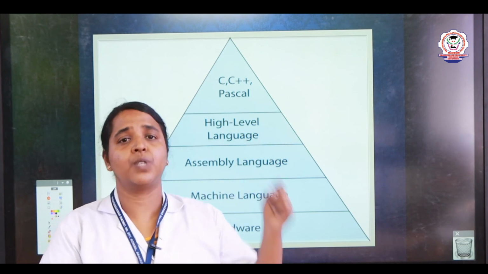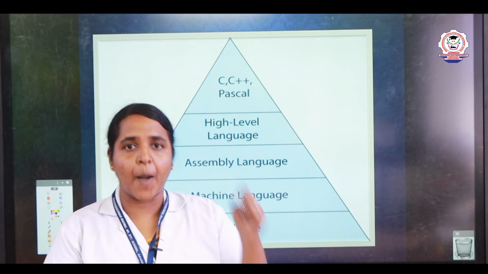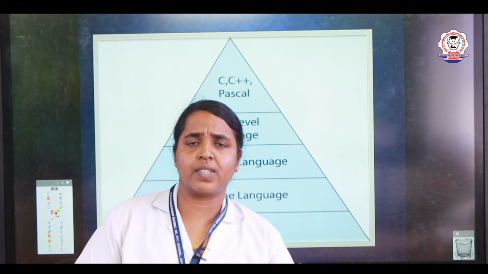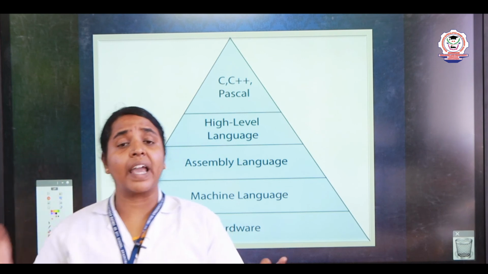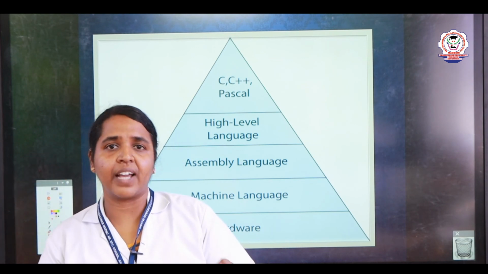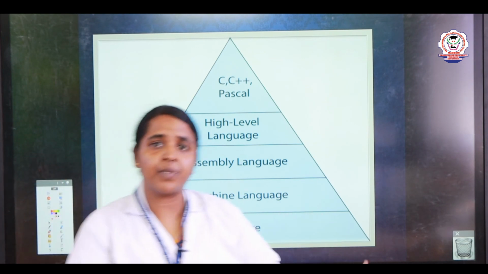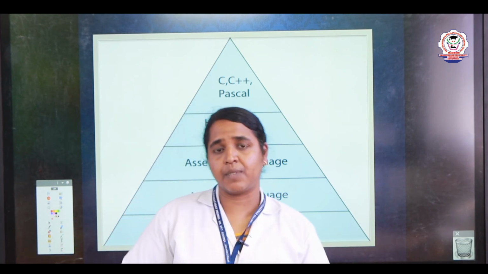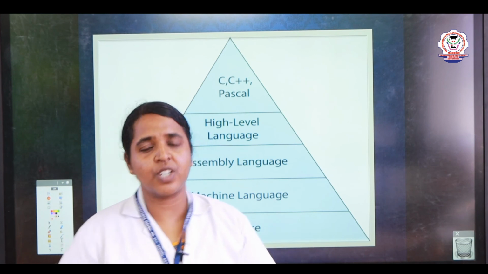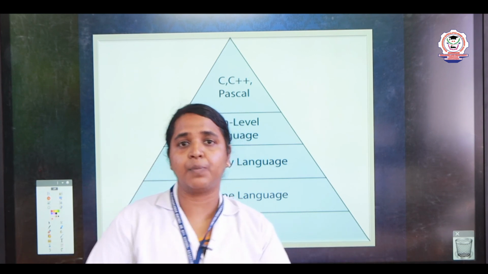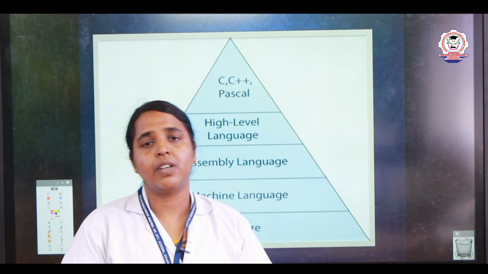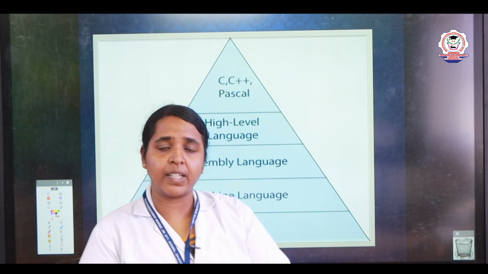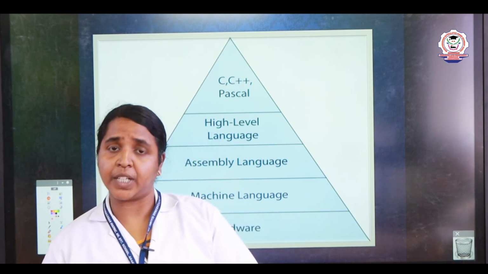Assembly level language fully depends on the opcode, so it is very easy to understand. Then we go to high level language, which is completely different from machine level language. We don't need to know about the hardware system. We just learn the languages and write the program using them. Then we have to compile the program and interpret the program.